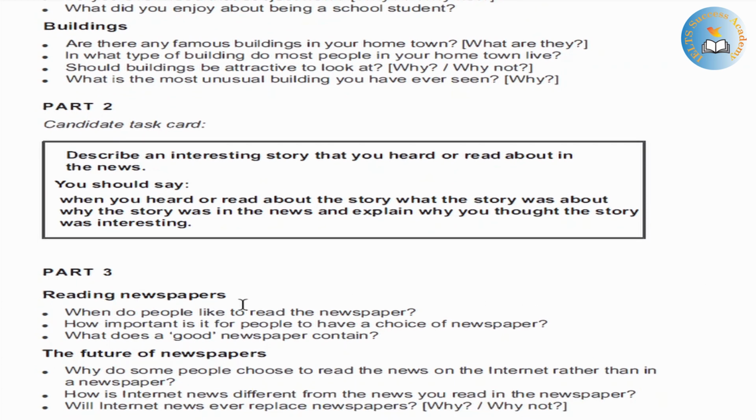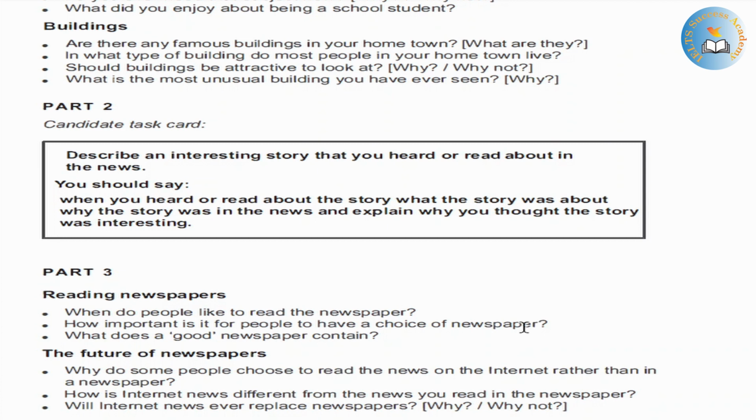In part 3, the examiner will ask you questions which would be related to the cue card. For example, here the examiner might ask you, when do people like to read the newspaper? So you could say in the morning, in the afternoon, or whenever they are free. Second question here, how important is it for people to have a choice of newspaper? So you could say very important, as we are living in a democracy and people have a chance to read whatever